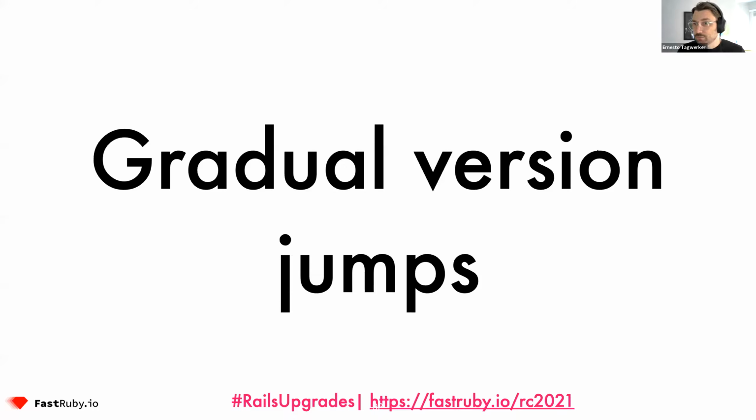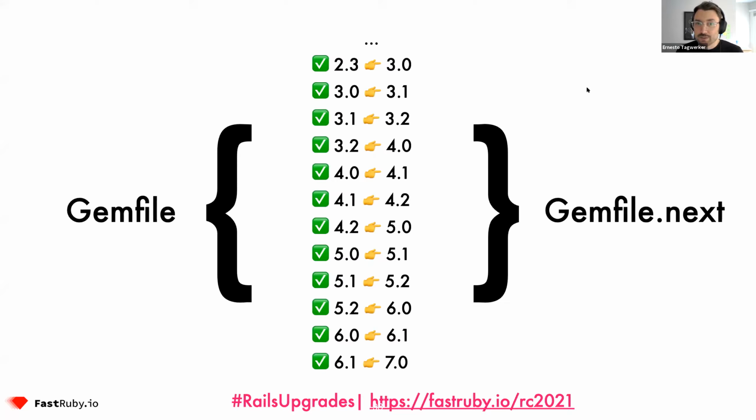So yeah, embrace the gradual version jumps approach. Embrace this Gemfile and Gemfile.next approach that lets you set up the minor version jumps. So the process is all about minor version jumps. So do 2.3 to 3.0, 3.0 to 3.1, and so on. And even when you get to 6.1, because we believe you can use this process to get there, keep the